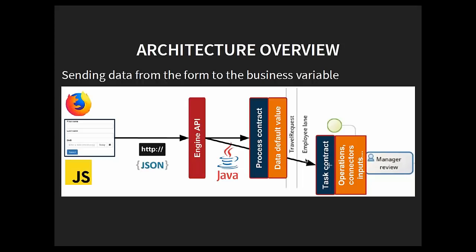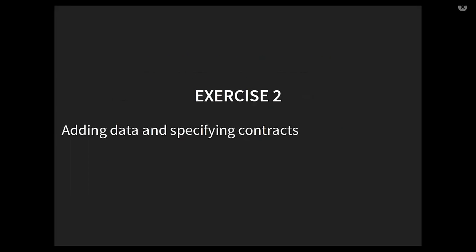If it's part of a task contract and that is something that is specific to the human task, then this contract information that you provide will be leverageable directly from what we call operations, connectors, and scripts. So everything that you can get from the contract will be leveraged into the process in multiple ways. And we have actually an exercise on this. It's exercise number 2. So I will let you work on this. It should take about maybe 15 minutes.